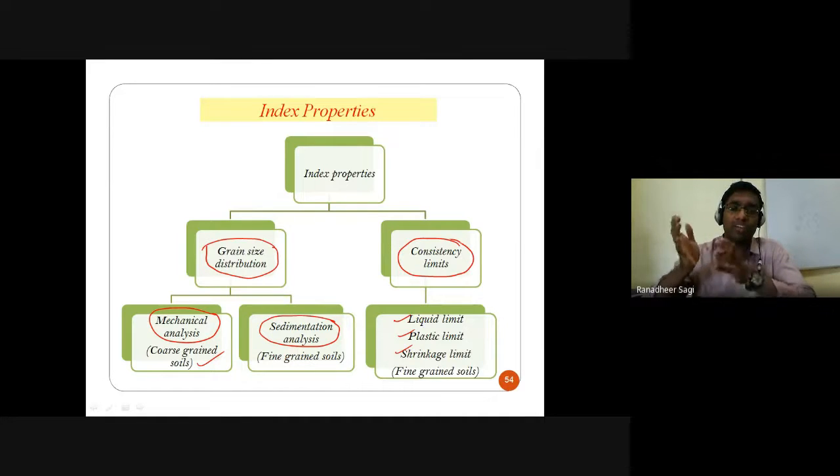And coming to your fine grain proportion which got mixed with your water, that also we are going to place inside the oven. Water gets evaporated, and what you are going to see is a kind of clay layer which is getting formed there, and that clay layer we should break down, because clay particles have to behave independently. It's not that one clay particle sticks to the other clay particle. If one clay particle sticks to the surface of the other clay particle, then the size of the particles which got joined together is going to be higher,